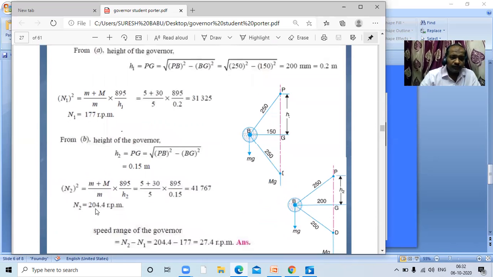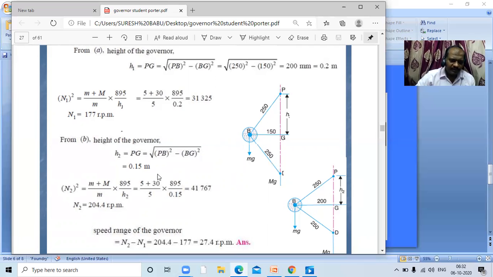Next, if you go for the second one, H2, here they have given 250, here it is 200. Why? In the problem, it is 200. For maximum speed, the radius of rotation is 200. Then H2 is equal to, that means PG square is equal to PB square minus BG square, which is